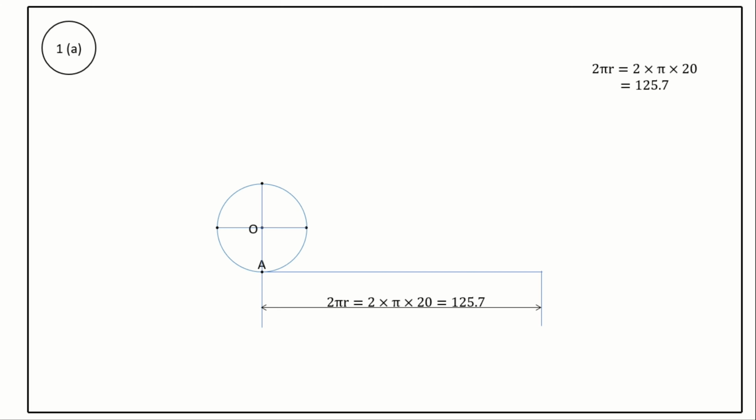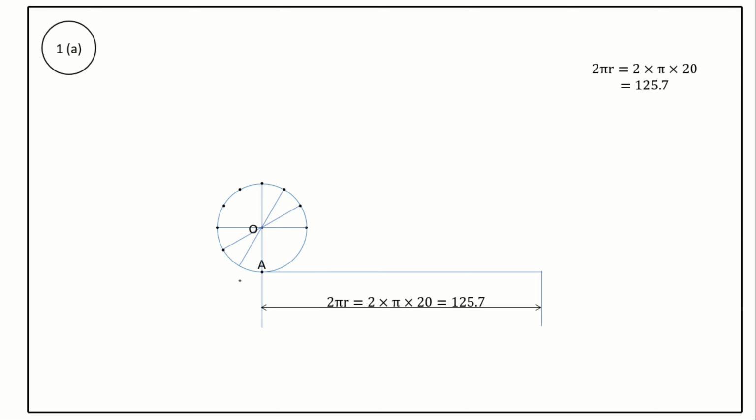Take a protractor and with base point as O, mark 30 degree angle, 60 degree angle, 90 degree angle, 120 degree angle, 150 degree angle and 180 degree angle. From the 30 degree angle point, draw a line passing through the center point O. This line meets the circumference on the other side. Mark the point. Again, from the 60 degree angle point, draw a line passing through point O. This line meets the circumference on the other side.